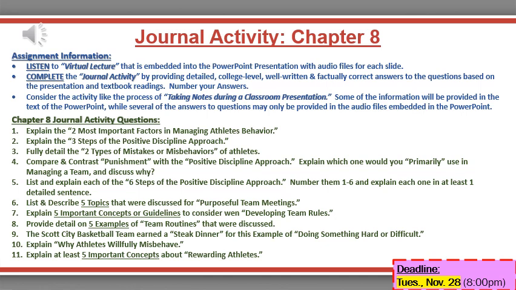Or if you just want to open the PowerPoint like a traditional PowerPoint, there's a little gray speaker icon in the top left. Click on that, and you might have to hit the arrow or hit play, and it will play the audio file. You can take notes on it, and then you'll have to move to the next slide and play the audio file for each specific slide. But what you should do is complete your journal activity while you are watching the virtual lecture that's embedded